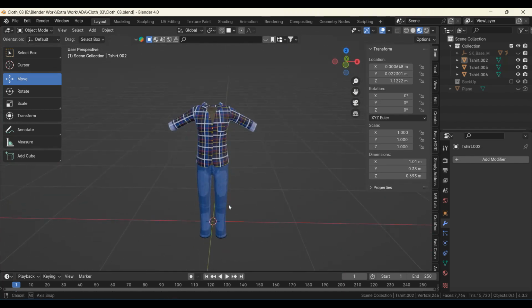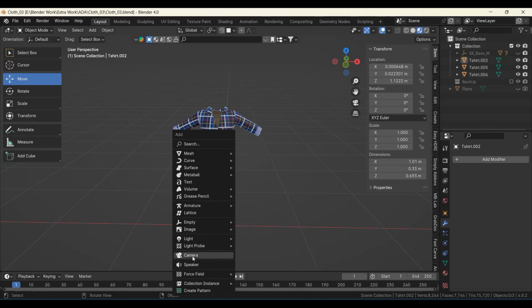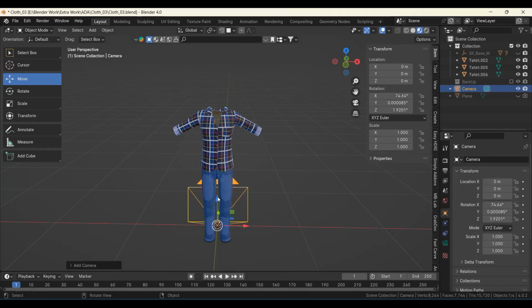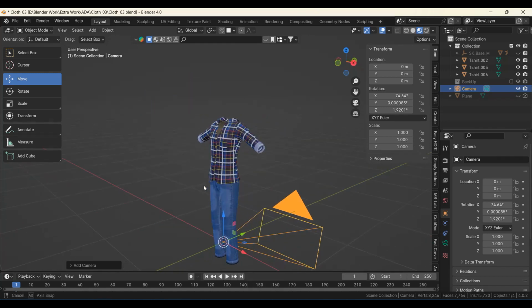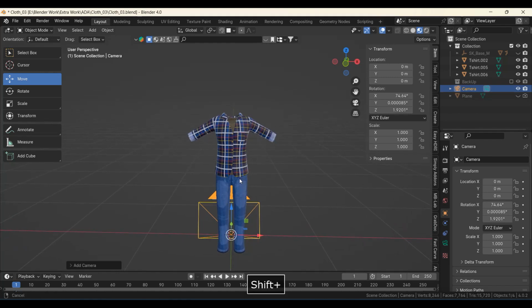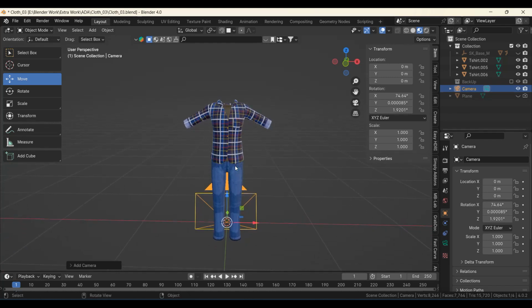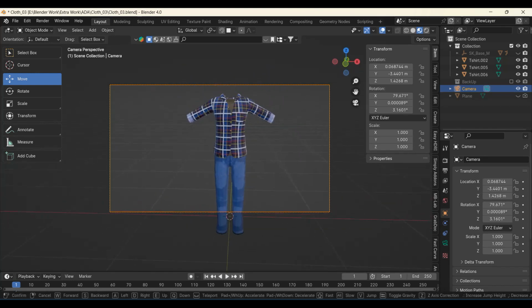So first we will take a camera, which is Shift A, camera. Here I will place an angle which is suitable. Let's say this angle or this angle. For me, I just like this angle. So I will now press Ctrl Alt and 0, which is now this, and Shift and the tilde key,